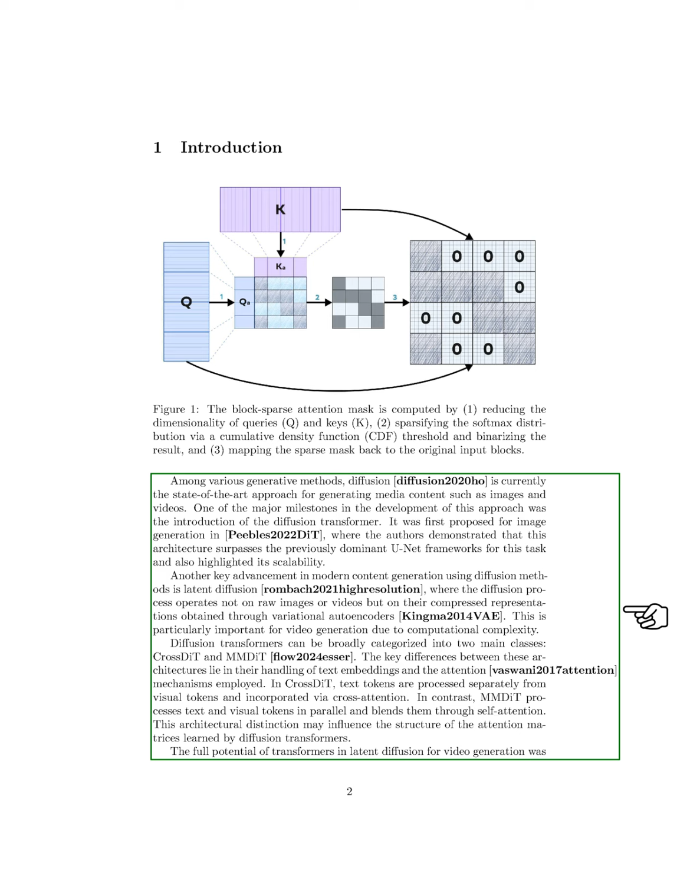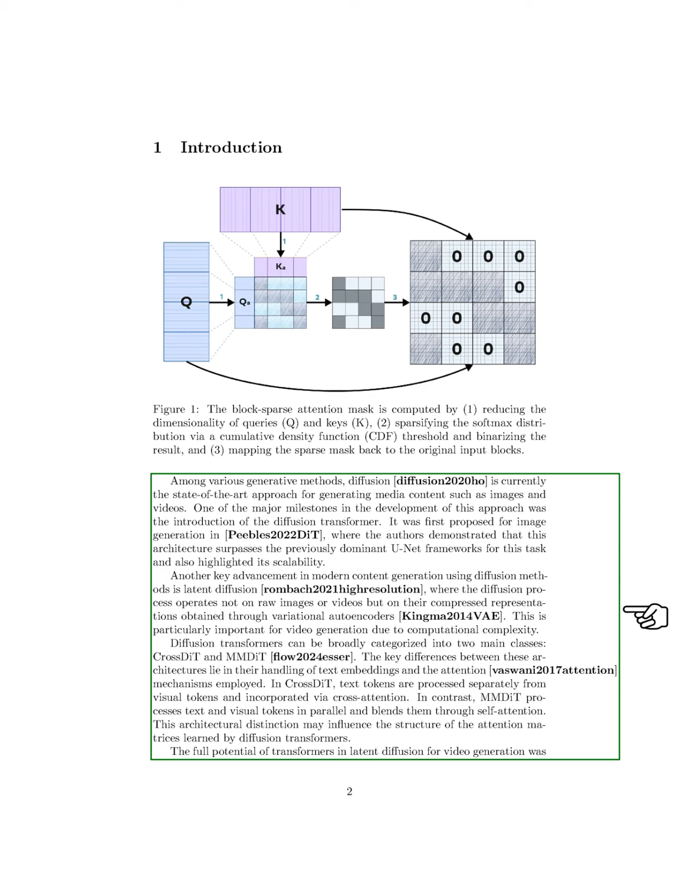We also highlight the concept of latent diffusion, where the diffusion process works on compressed representations of images or videos, making it more efficient, especially for video generation. Diffusion transformers can be divided into two main types, cross-DiT and MMDiT. The main difference between them is how they handle text and visual information. Cross-DiT processes text and visual tokens separately, while MMDiT does so in parallel, which may affect how attention matrices are